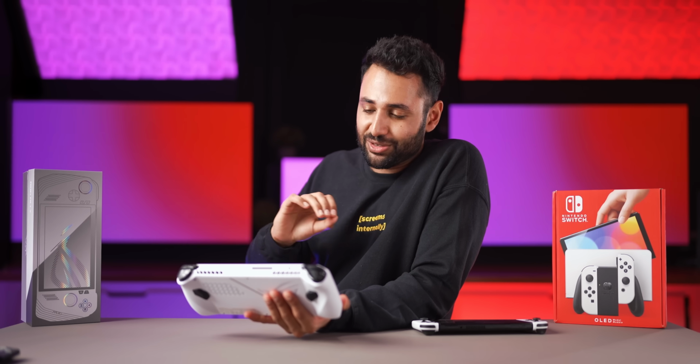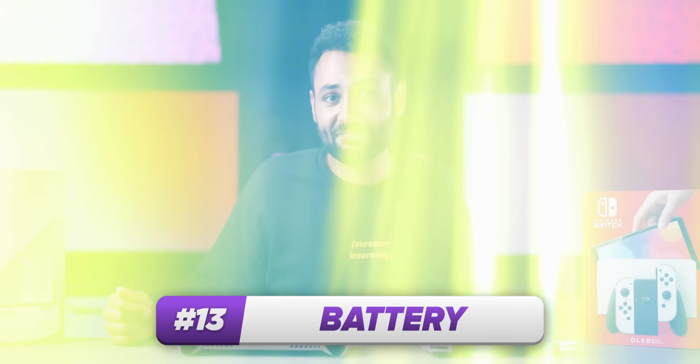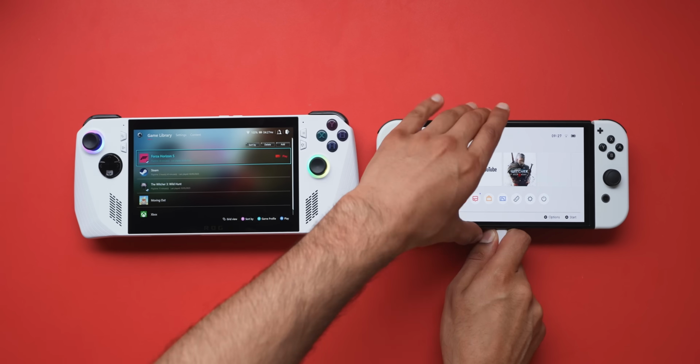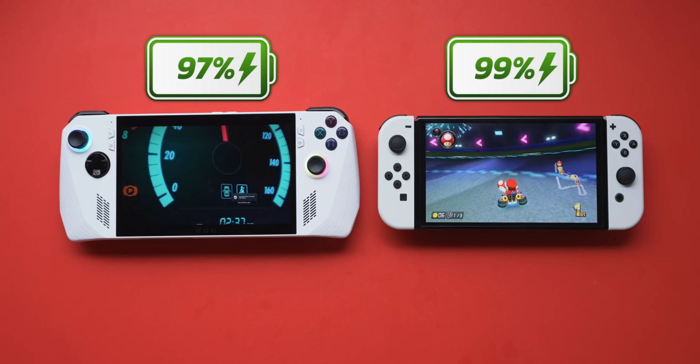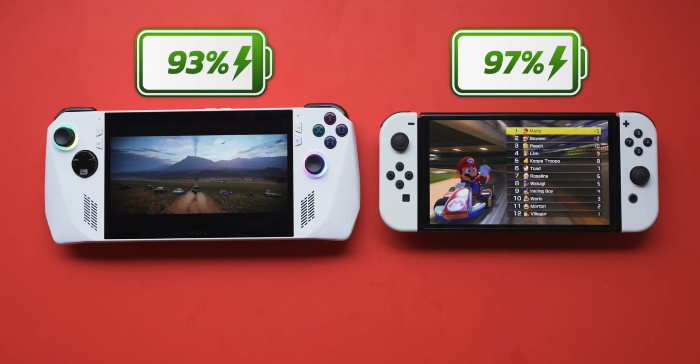But it's just that there is so much baggage you have to deal with to get there. And nowhere is that more apparent than battery. So, both devices are set up. They're fully charged, it's around 9:30 in the morning. And one thing that you'll immediately notice is the difference in how much time you spend waiting for things to happen on this ROG. I booted up this exact same game yesterday, but it's still taking so much time to actually get into it. The battery is quite a lot bigger on this than on the Switch,